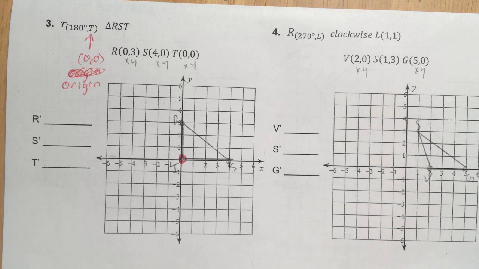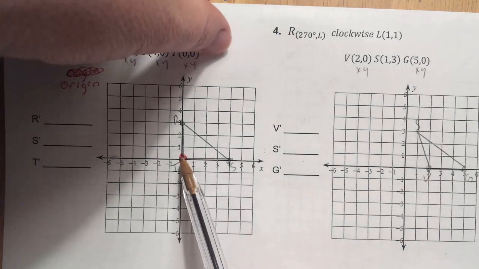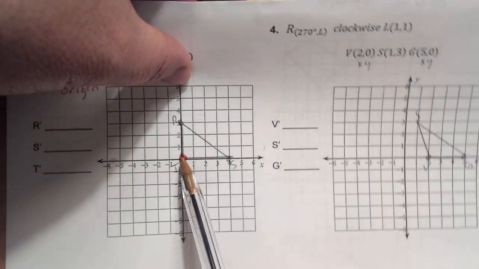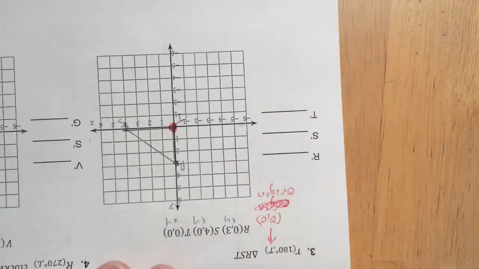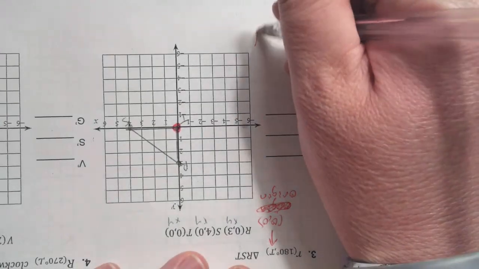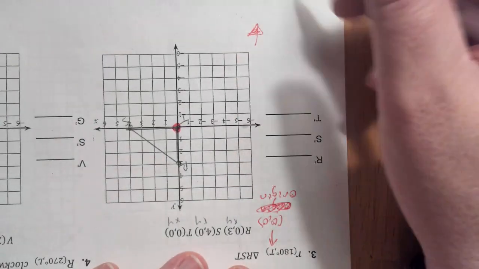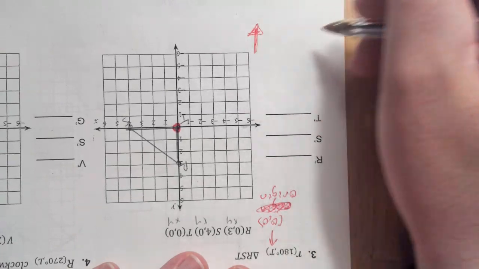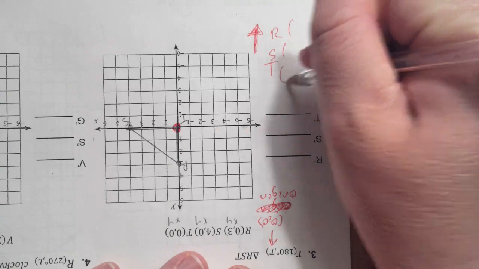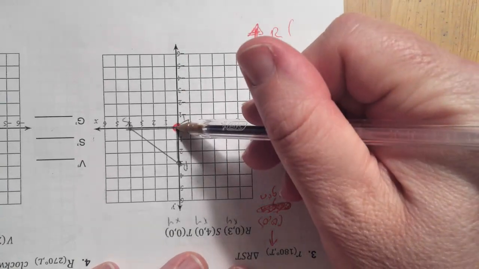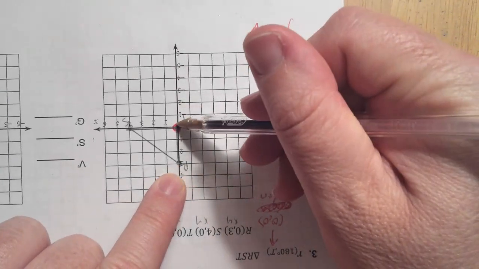So shoot, just turn it. Just turn it like normal. So going against the clock, because they didn't say otherwise, boom, boom, here is our location. So this is our up. Because we're going around the origin, just do what you normally do. So R, S, and T, where are those located? So your R, that is